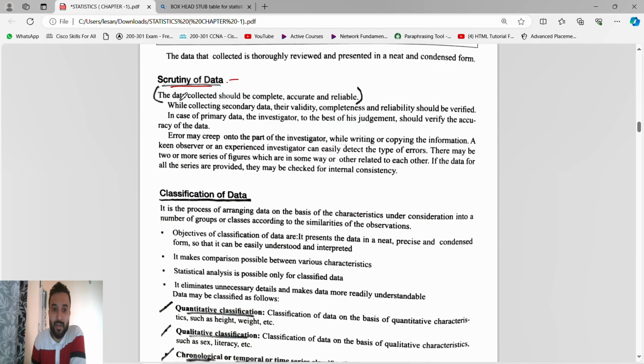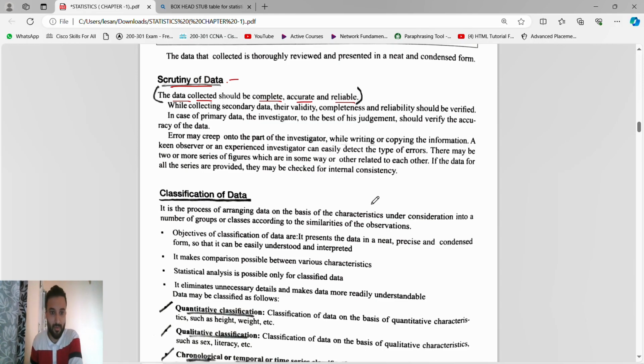Okay, so scrutiny of data means the data collected should be complete, accurate and reliable. Once you collect the data directly, you will not do the presentation yet. After collection we complete the data and consider how I can represent it and speak about it, and then you see how accurate and reliable it is. Suppose you collect 10 data points, you check whether all 10 are accurate and reliable to present. You may see that 2 or 3 of them you can skip because you don't have complete knowledge about them and they are not reliable, so we leave those 3. The other 7 are very good, I know about them, so we will focus on those.